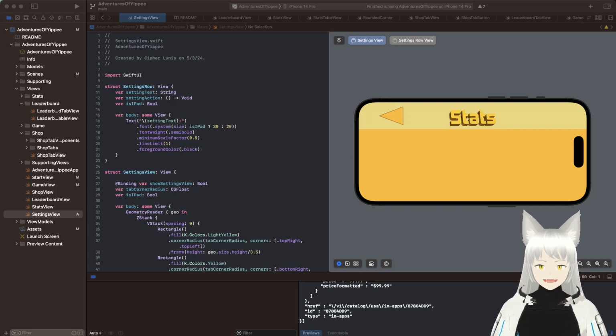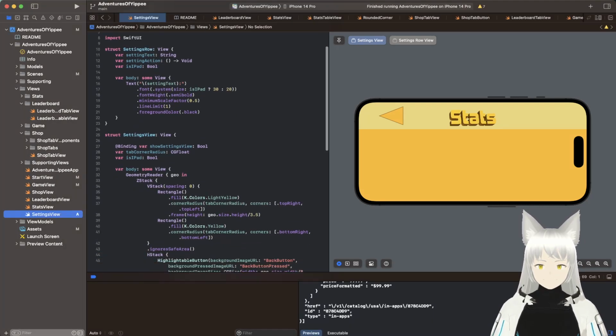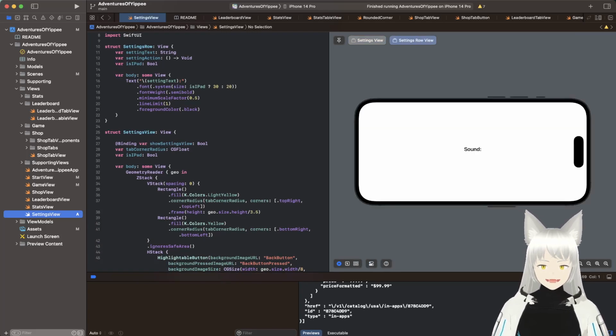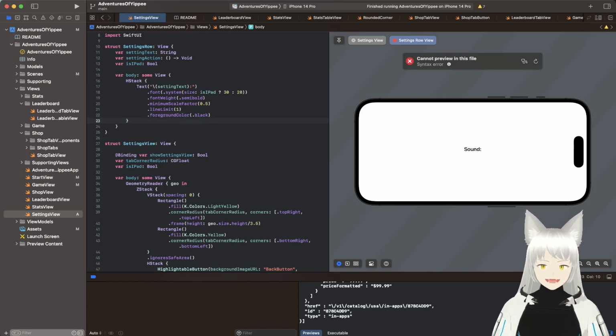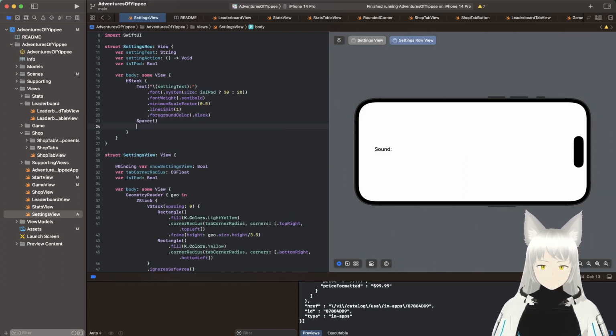Let's see, what do we want to do? Oh yeah, let's take a look at this. So we want this to probably be left aligned. Oh, maybe we do want the frame thing then. Perhaps we do. So we can do a little left aligned thingamajig. Actually, you know what? I'll do this. I won't do the frame. I'll do an HStack, and I'll put a spacer here so it pushes it. Right? And then